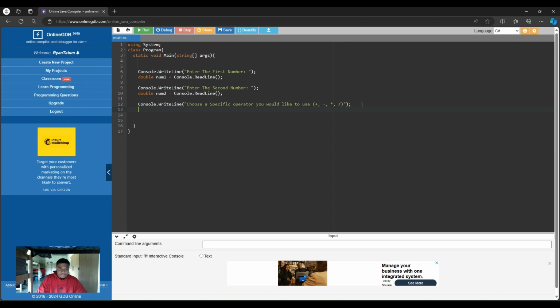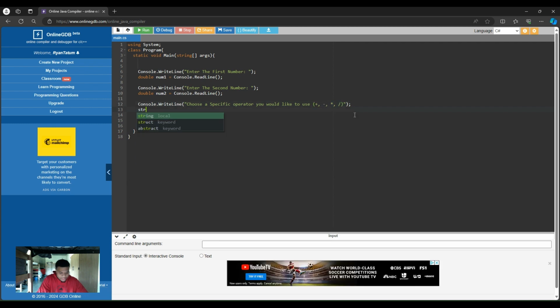Never forget the semicolon. And then here, instead of using double, this is a string, because we're asking them just to input an operation that they would like to use. So it'd be plus or minus or multiplication or division. So we can say string, and we can call this operator. But we got to give it a capital, because that's already a name. So Operator, and then we can say equals Console